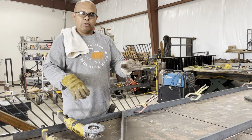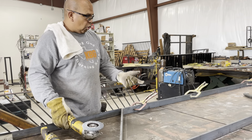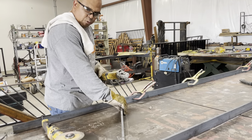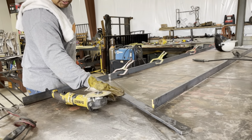So when we grind it down to make it smooth, that weld's still there and it still holds together. So this one needs a bevel. And we talked about it earlier, but when we're dealing with this thick material, so if you look at this,